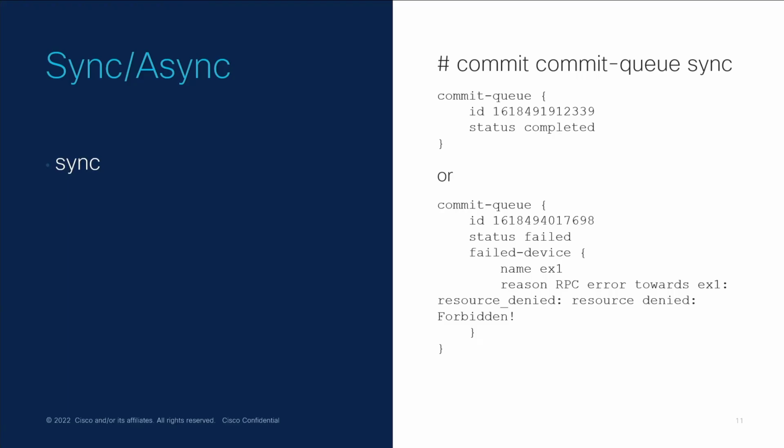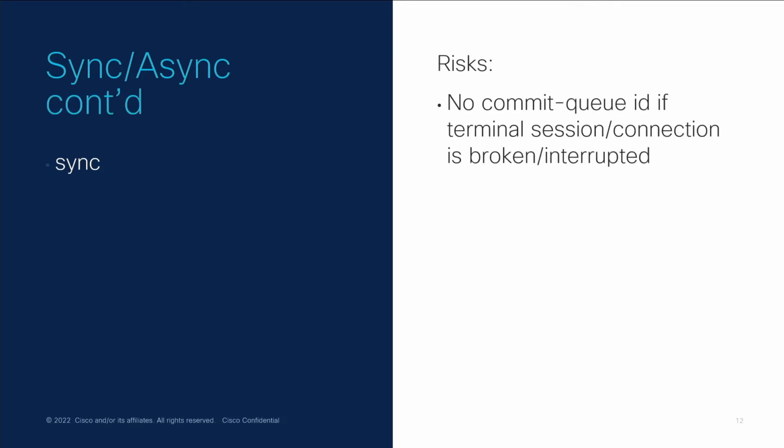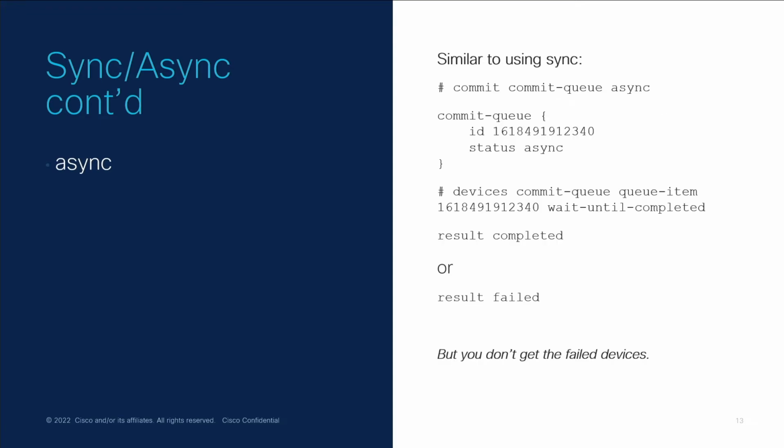Yeah, and when you do a commit queue sync, it is a way to actually act like just a normal atomic synchronous transaction. But it is quite similar to doing commit queue async, but then you can actually take the commit queue ID and you can actually